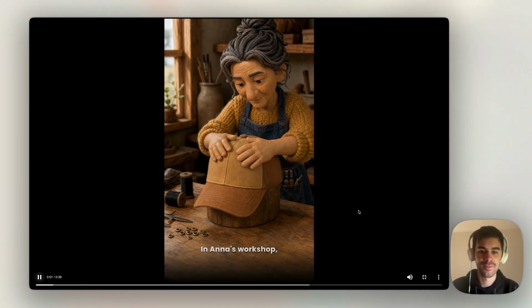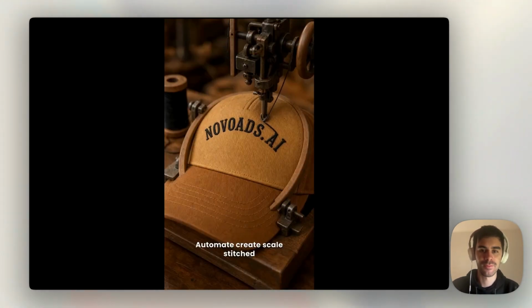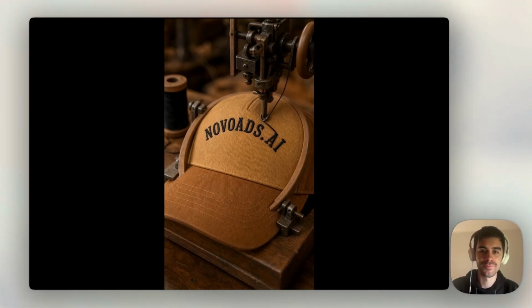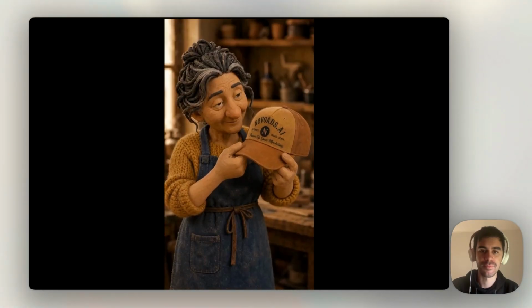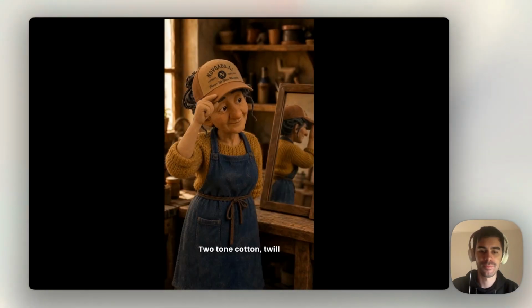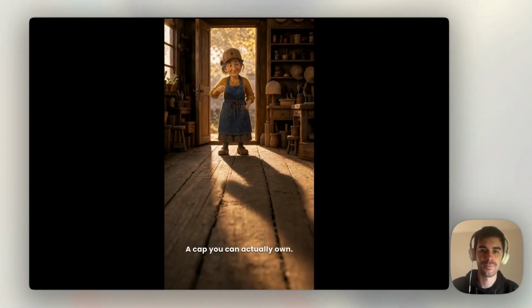In Anna's workshop, everything still gets made by hand. Even now, automate, create. Well, I didn't like it, the voiceover, so then we will change it. But let's see the video completely. Scale, stitched in, one letter at a time. There it is. Two-tone cotton twill, raised black embroidery, made to be worn, not a mock-up, a cap you can